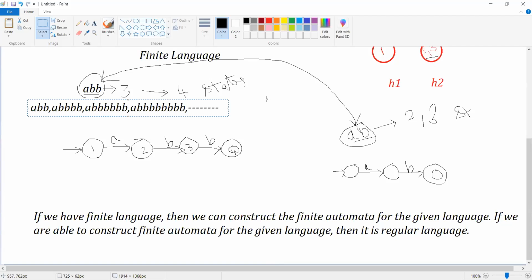For the finite string ABB, we constructed the finite automata with four states, where the length of the string is 3.